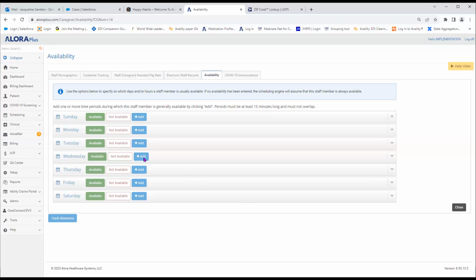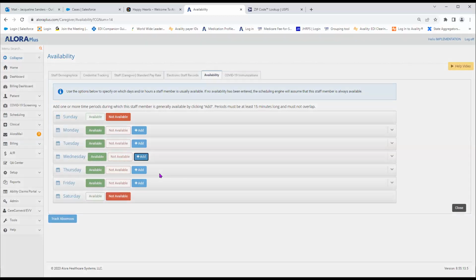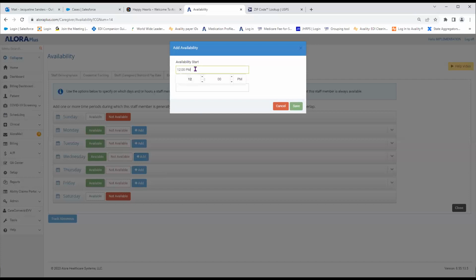Right now, Winnie is unavailable. I'm going to switch Winnie to not available on the weekend by selecting the not available button. And then I want to add in the times that Winnie can only work on Wednesday. So I'm going to click on the blue add button right here to add in the availability start time. So Winnie can work 12 to 4. So you can just click your up arrow